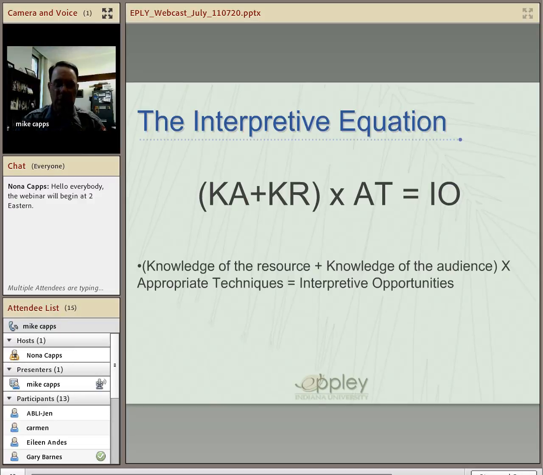Now, in knowledge of the resource, what we mean by that is that knowledge is more than just facts. We can possess a lot of facts, but if we're unable to put those facts within some sort of a broader context, then they remain just that, just facts. We want to have some sort of a broad knowledge of the park's history and of the park's story. We also want to try to avoid, if at all possible, bland or boring facts. Just giving a lot of statistics about something